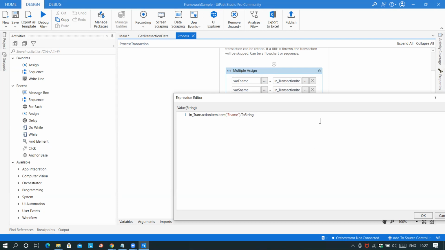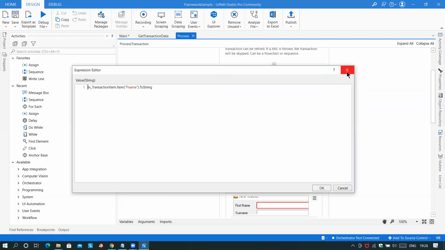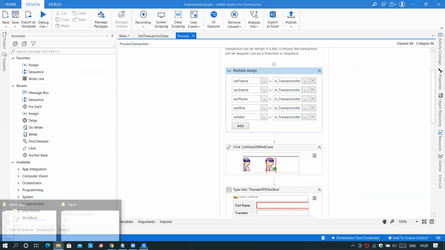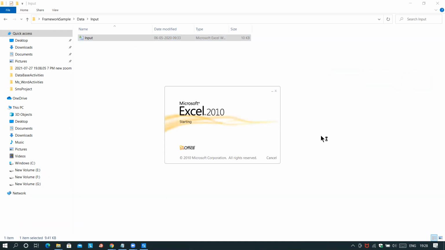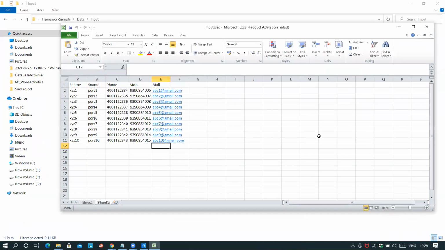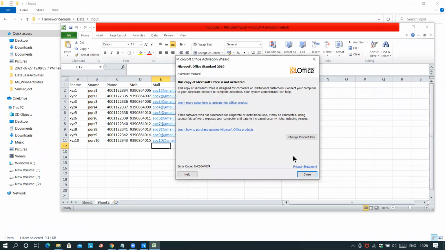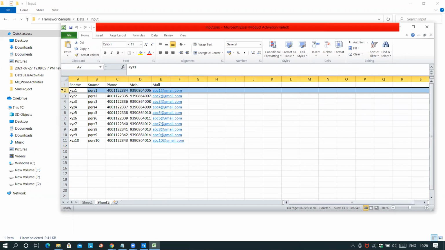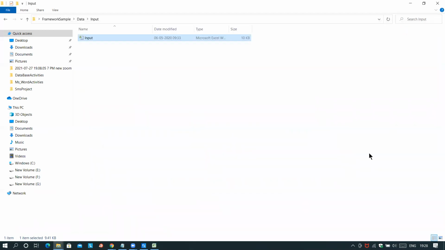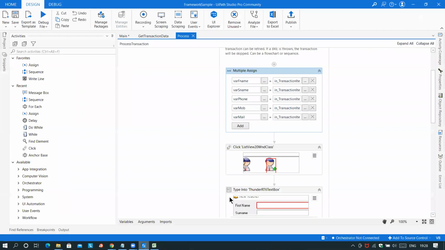See, observe this one. In this Excel file, see in this first row, the item is called first name. Next, in the first row, the items are called surname, phone, mobile, and mail, each and every one. Right now, observe this. So here,